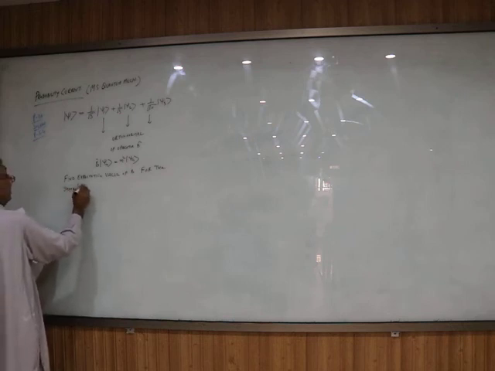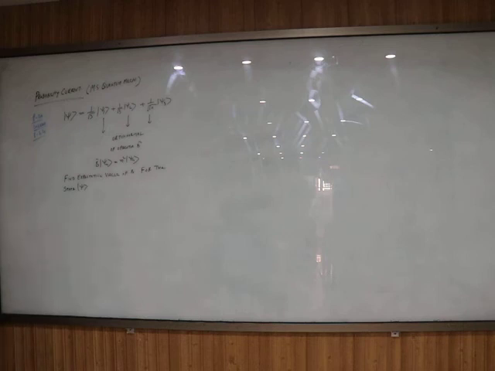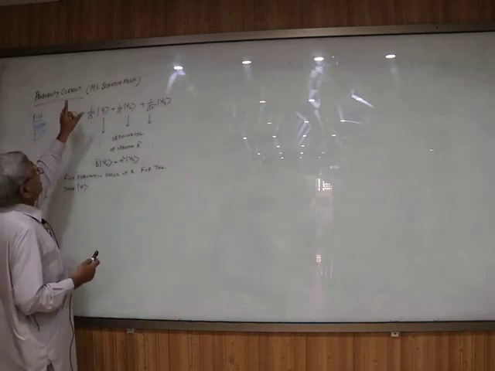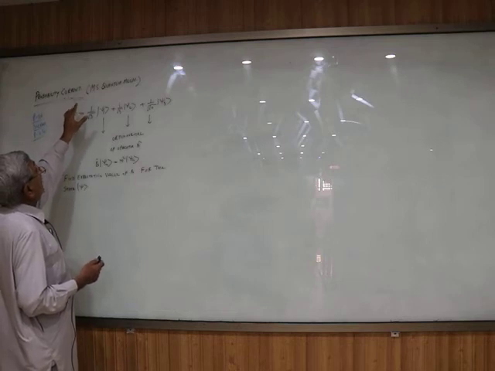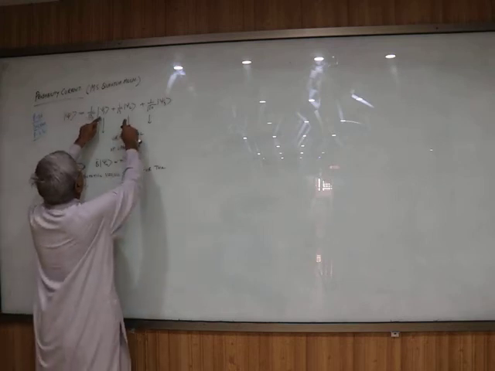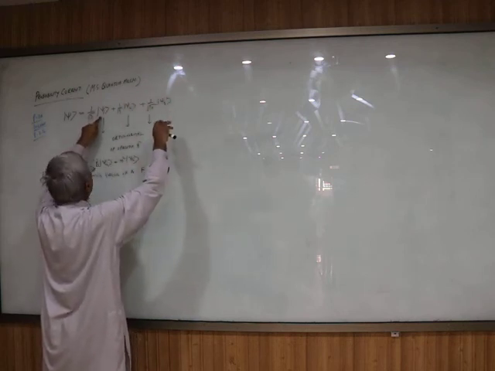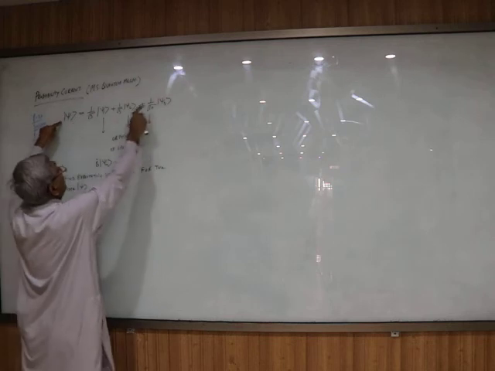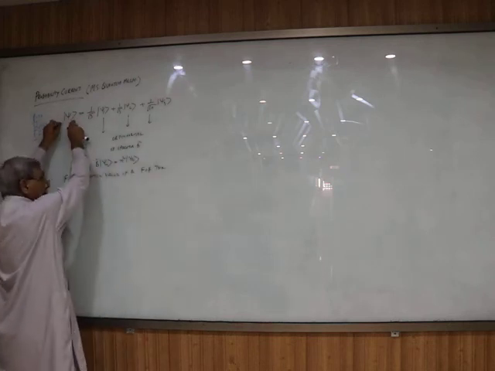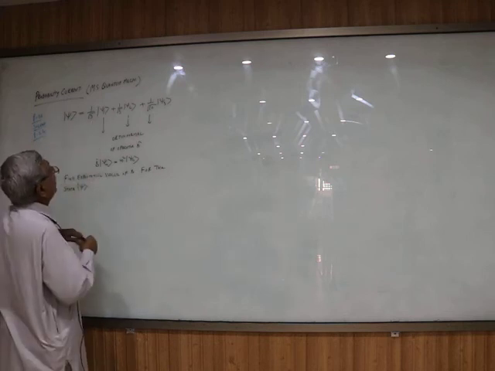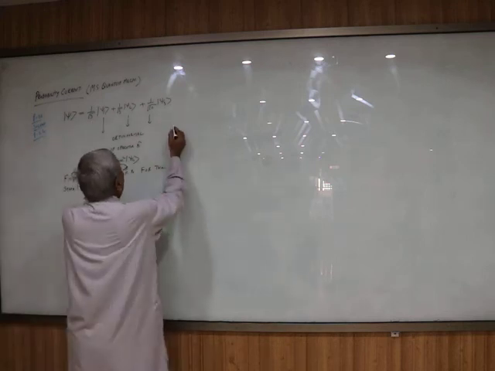Now let me explain the problem first. You have studied one of the postulates of quantum mechanics: if psi 1, psi 2, psi 3, psi 4, psi 5 are states of a system, then their linear combination is also a state. So this is also a state. Then he says that these are orthonormal. Orthonormal means that